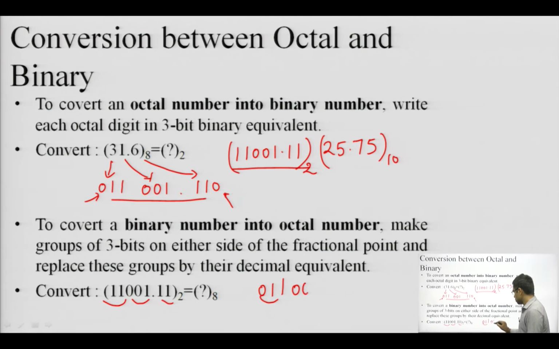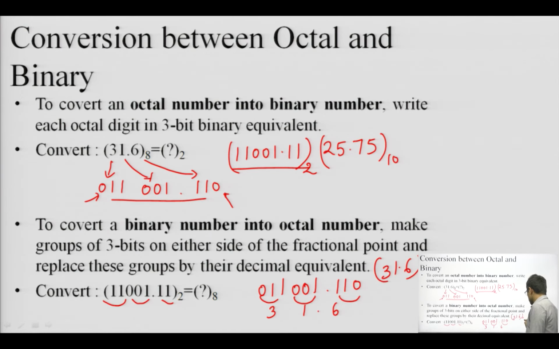Then this 001 is already a group of 3 bits, and for this 11 again I will use an extra 0 to make a group of 3 bits. So, now this is 3, this is 1, and this 110 is your 6. So, the answer becomes